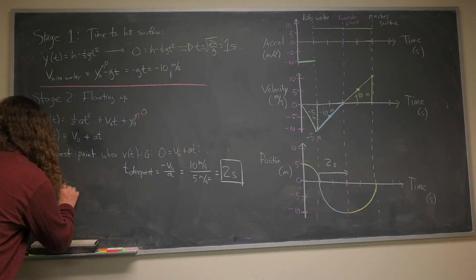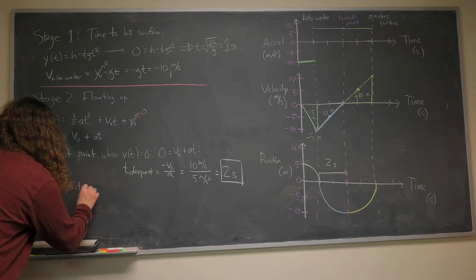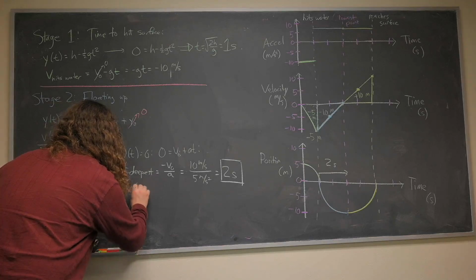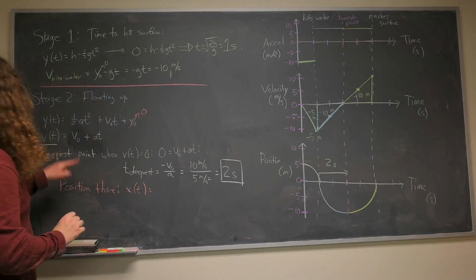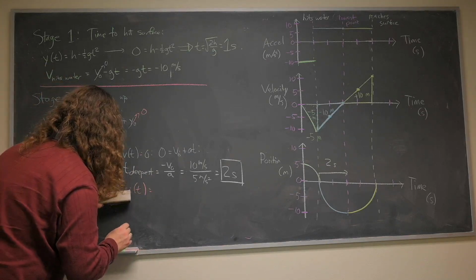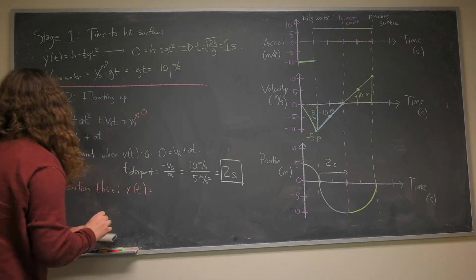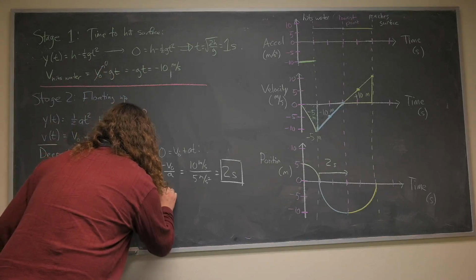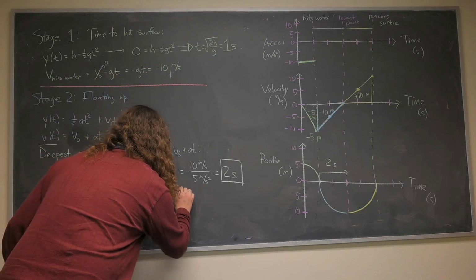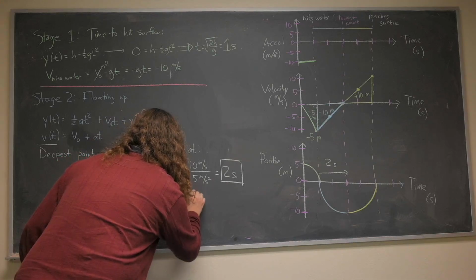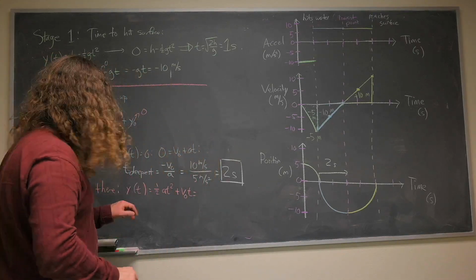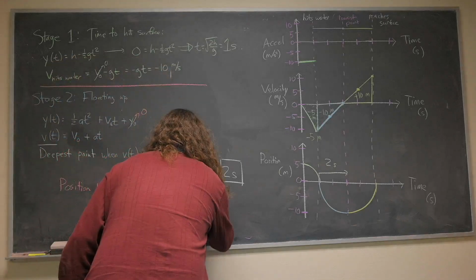So the position there, x of t equals, right, or y of t, doesn't matter what symbol you use in one dimension. I just plug into this formula, 1/2 at squared plus v naught t equals, let's see, a is plus 5, t is 2, so I've got